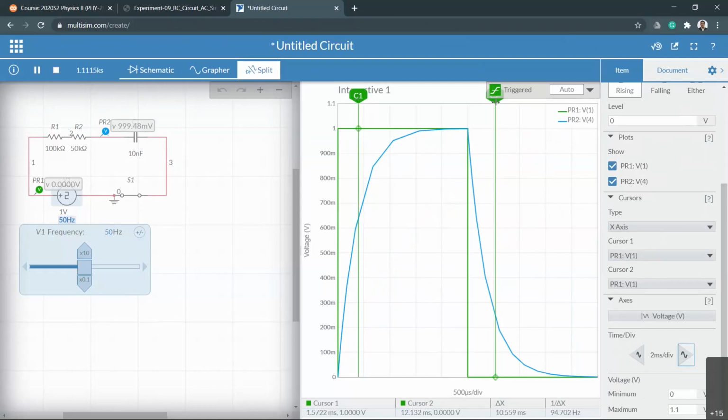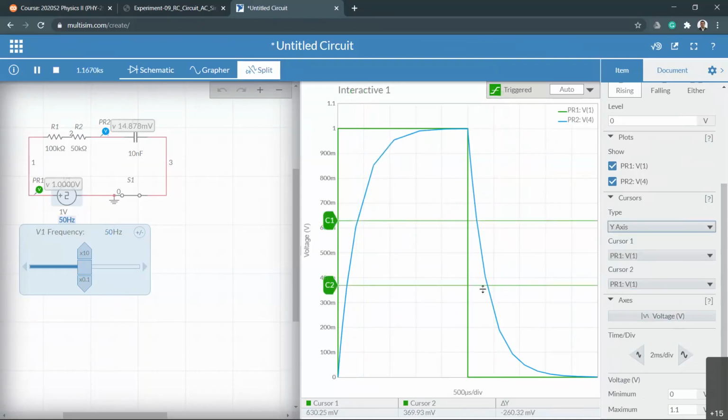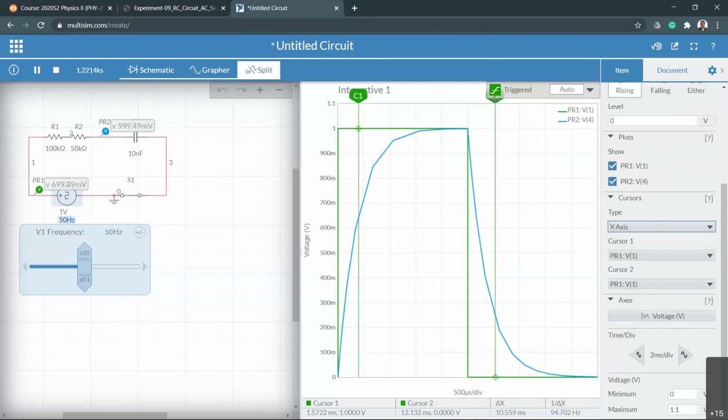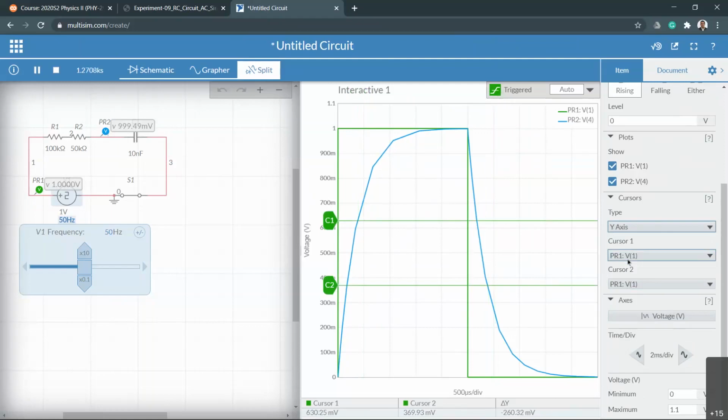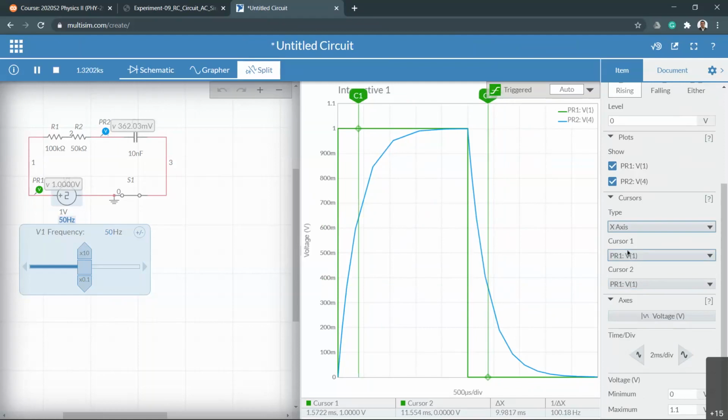Okay, and then cursor 2 is 37, right? Let's check that again on the Y-axis, about 1/3 below this segment line right here. 1/3 below. So let's adjust that, 1/3 below that point, and then go back and recheck whether those are in the right location on the Y-axis. Okay, good. Then if that is fine, you go back to the x-axis cursors and measure those values. That's all really. Now cursor number 1 is measuring 1.5722, cursor number 2 is measuring